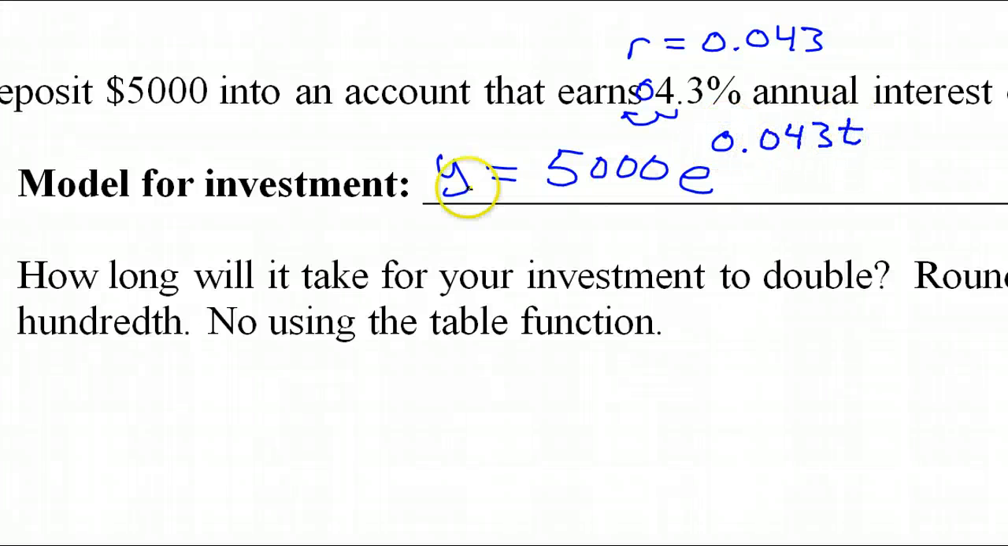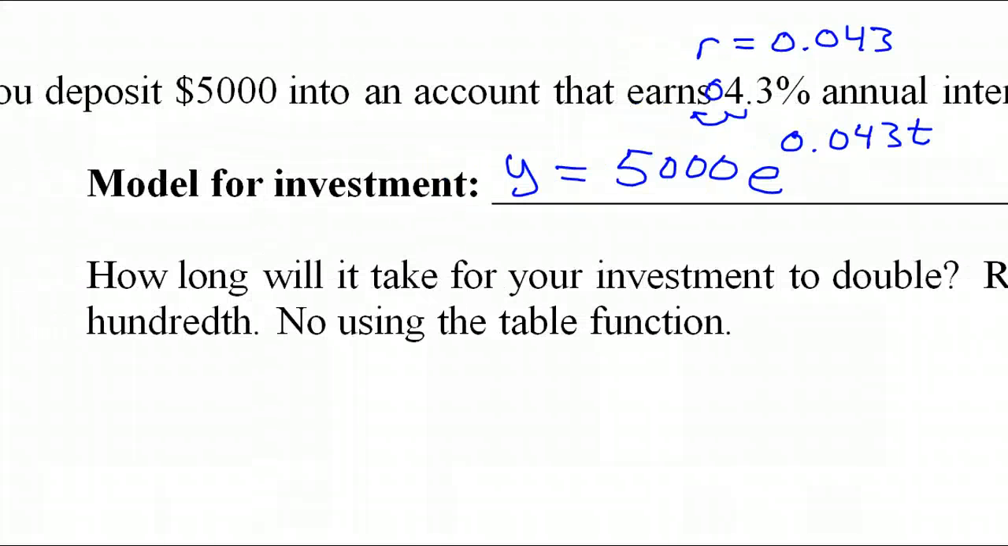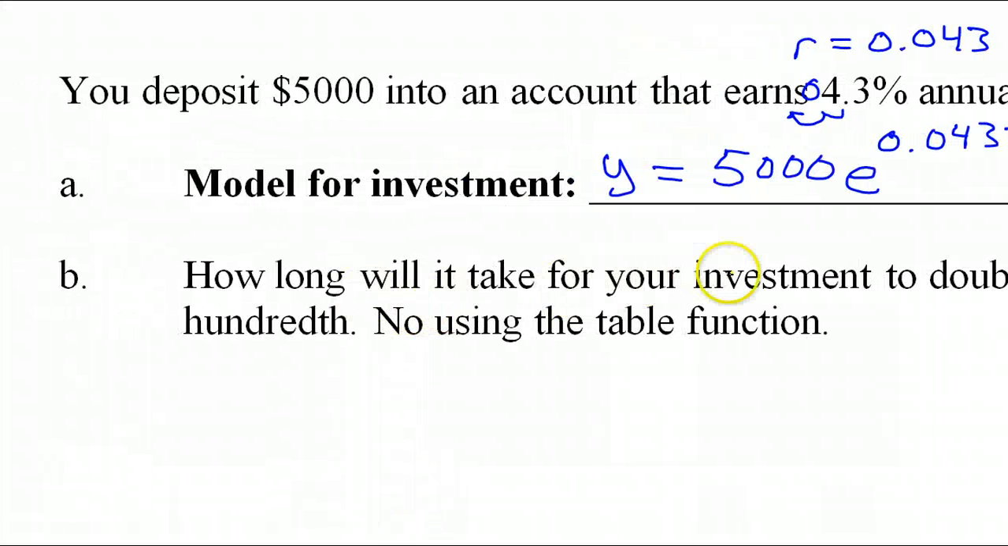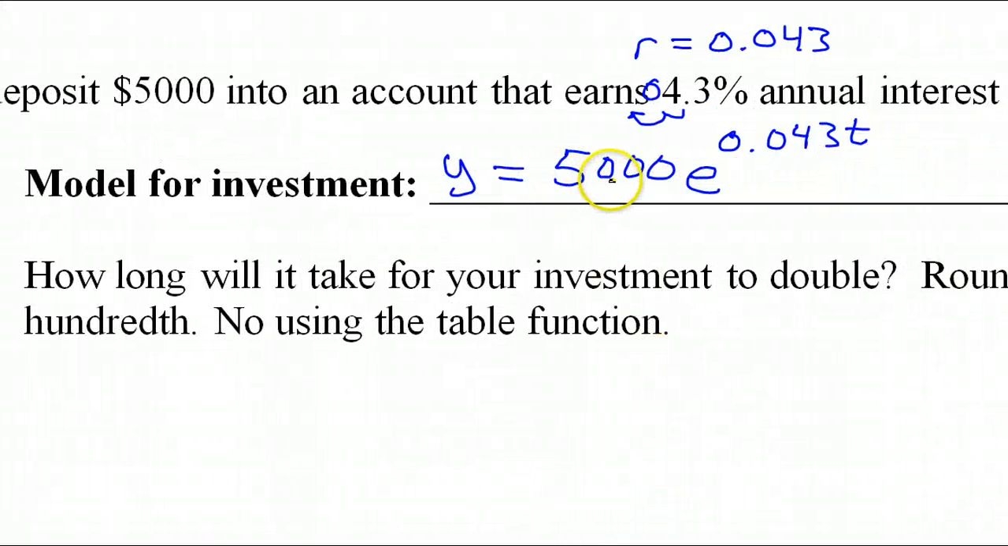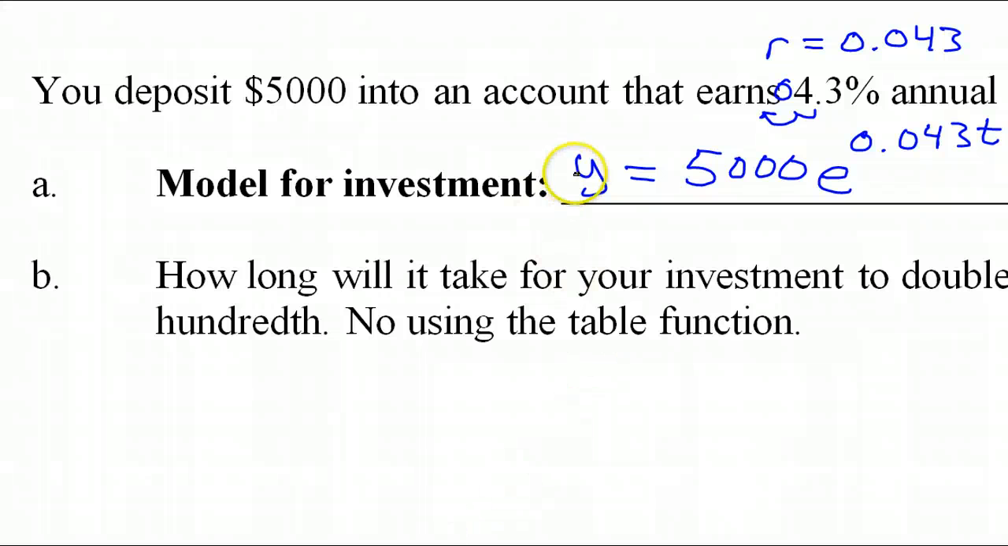0.043t. So this is the model. Now the question we're being asked is how long will it take for your investment to double? Again, if it's 5,000 now, if it doubles, what will it be? Obviously, it'll be 10,000. So that'll be your y value, because your y value is the amount you'll have years later. So as we set that up, we have 10,000 is equal to 5,000